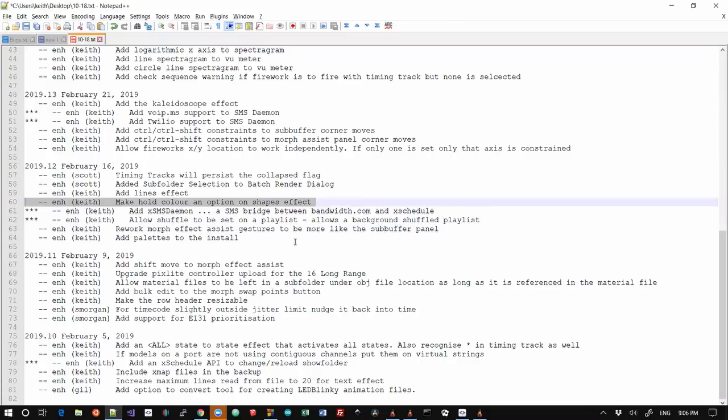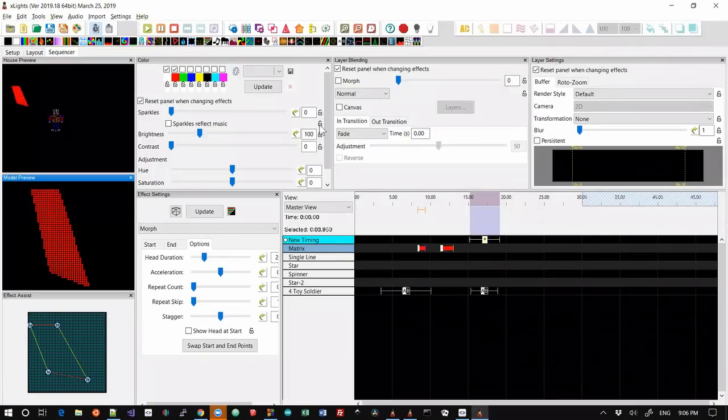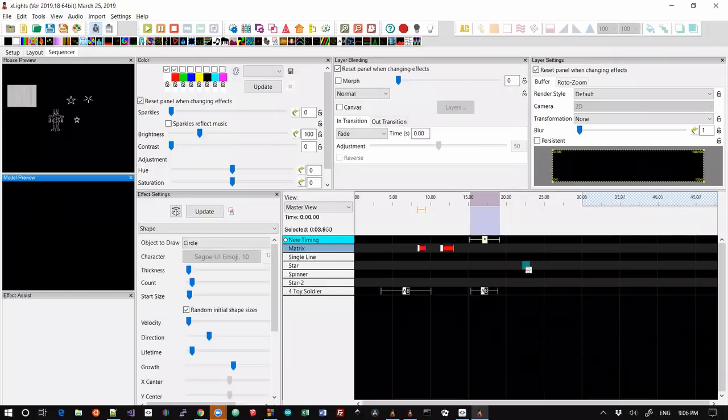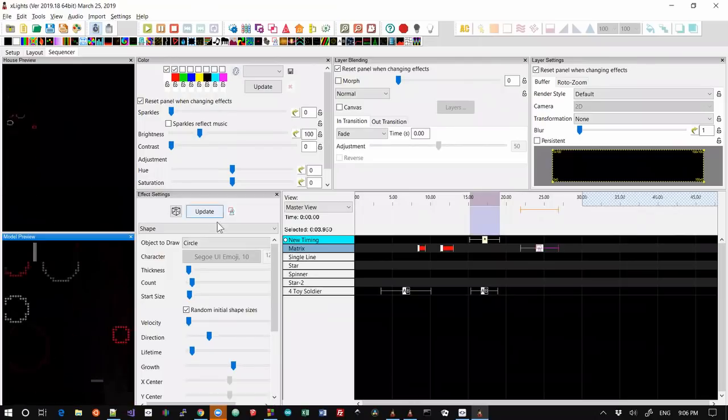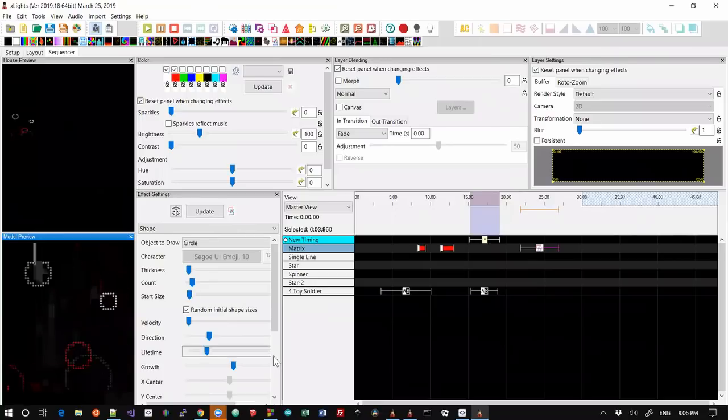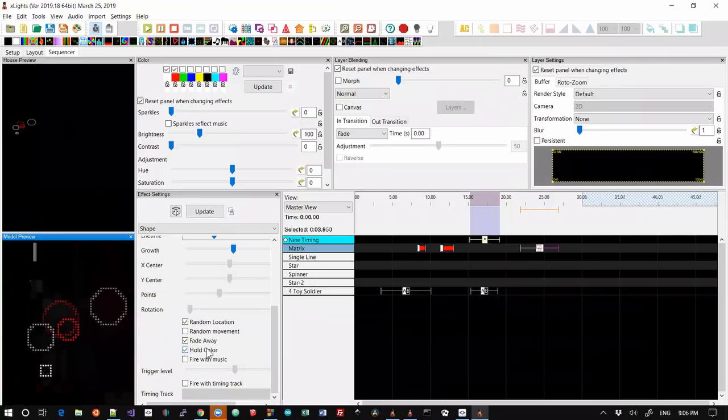Make hold color an option in the shape effect. Yeah, these are little tweaks. Of course, I don't think anyone's going to notice. But if you're running the shape effect, I think it's actually the default. If you set multiple colors, if you don't say hold color,